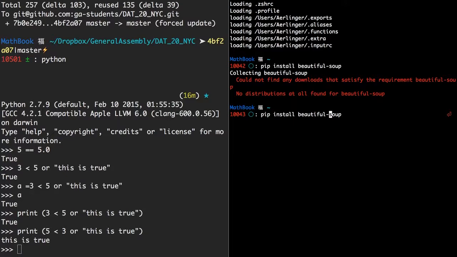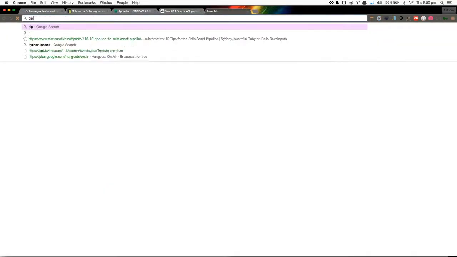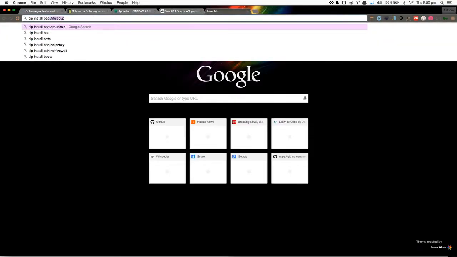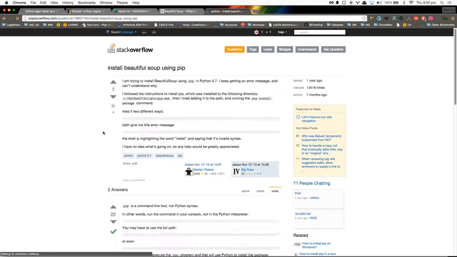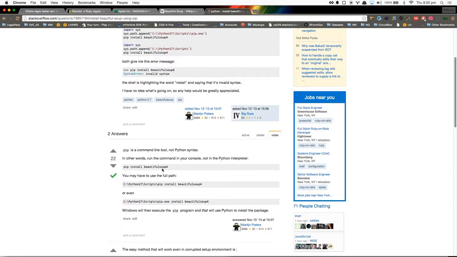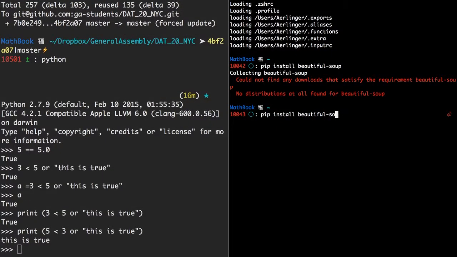I forget which Python package it is. You should be able to do pip install Beautiful Soup 4, like this.